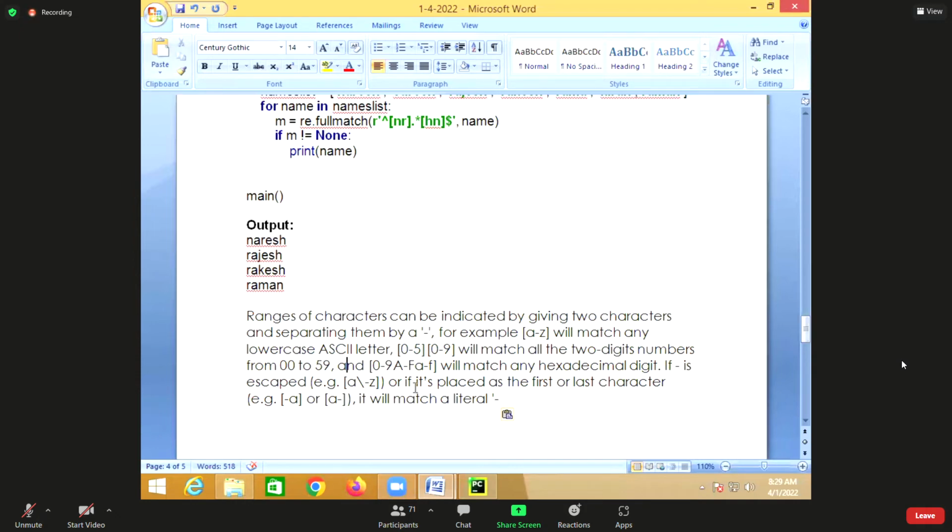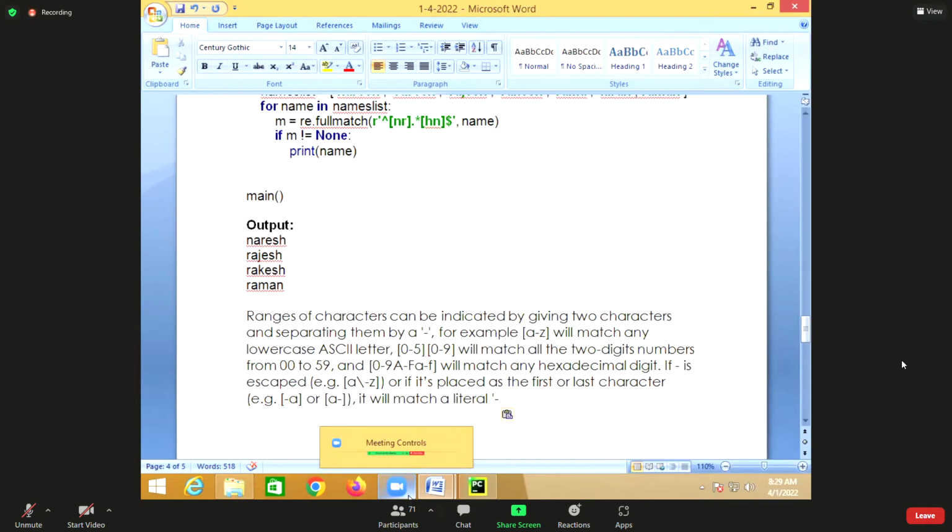Hyphen is escaped. If you want to put a hyphen, then you can write backslash hyphen. Even if it is placed as the first or last character, for example hyphen A or A hyphen, it will match a literal hyphen. Because you have to give the start as well as the end.